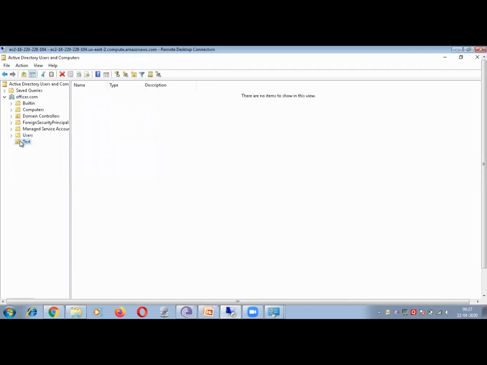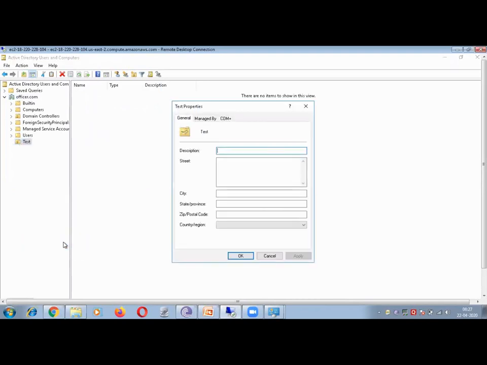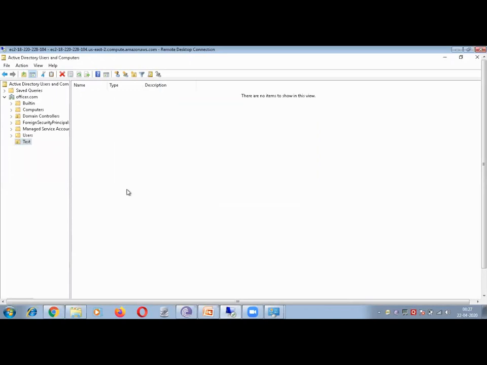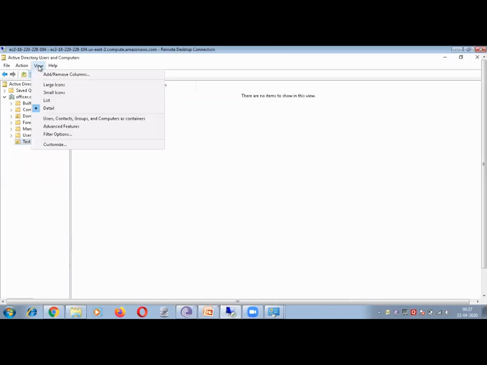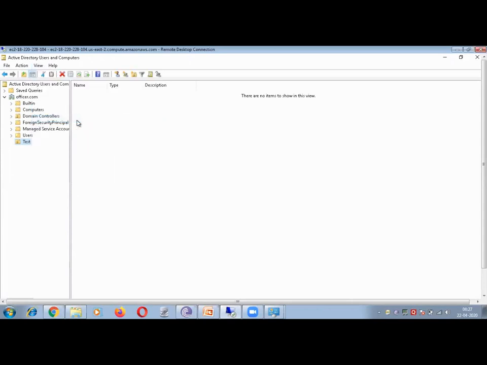Right click the test and go to properties. Oh, okay. Click cancel. Go to the View menu and select users, groups, and computers as containers.